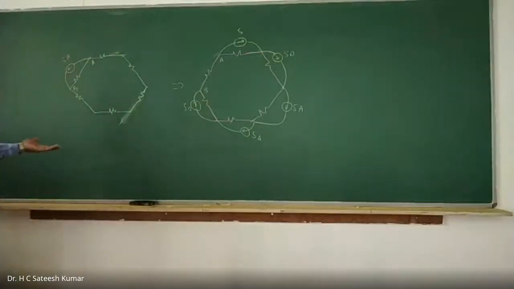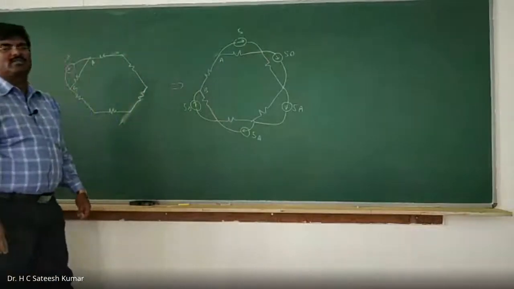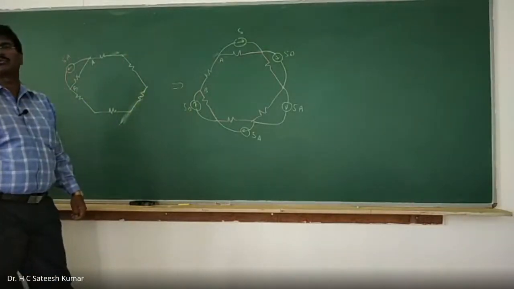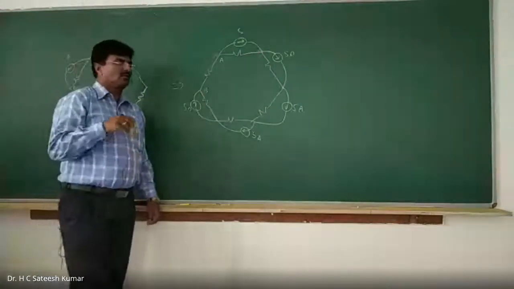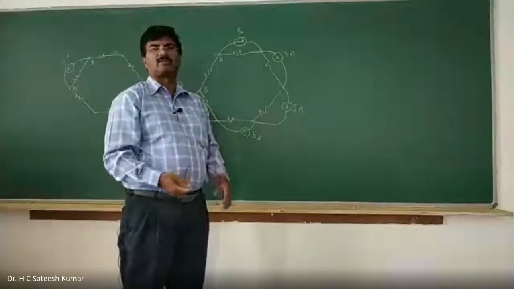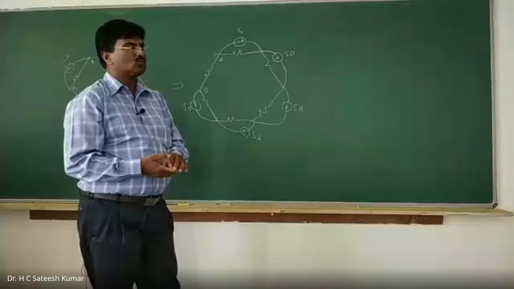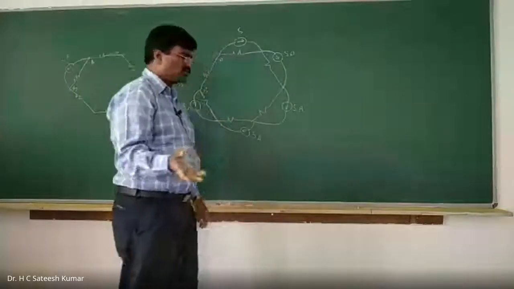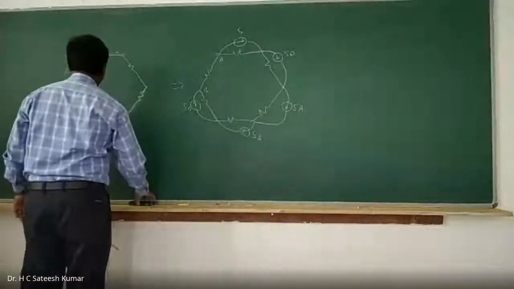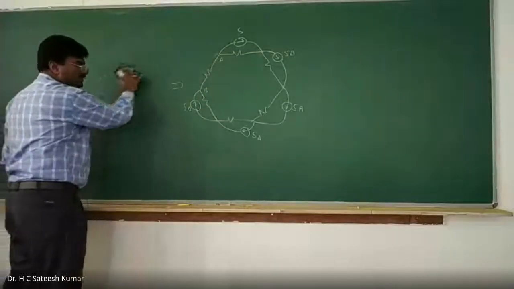So this is known as source shifting. Whenever there is a resistance in series with a voltage source, no problem. Whenever there is a resistance in parallel with the current source, it is not a problem at all. But when there is no resistance parallel to the current source, or no resistance in series with the voltage source, it is very difficult to simplify. So to make source transformation easy, we can go for source shifting. With a combination of source shifting and source transformation, we can easily simplify the circuit diagrams.